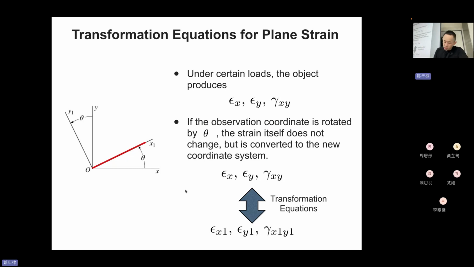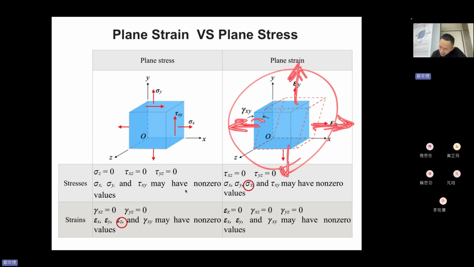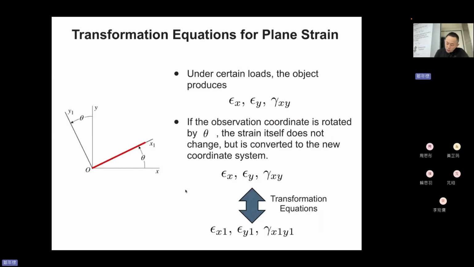We want to see, previously we have this one, right? And we have epsilon x, epsilon y, and gamma xy. So we want to know the shape has the deformation along the x1 axis. How big, how great is the deformation along x1, right? So which means that we are going to see